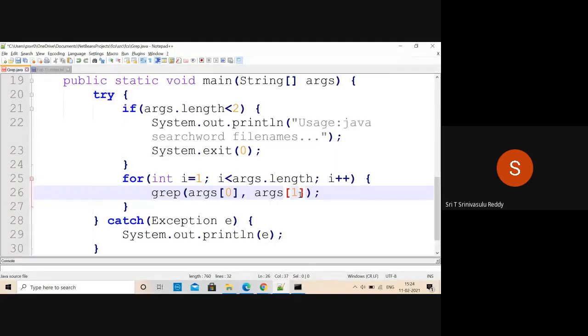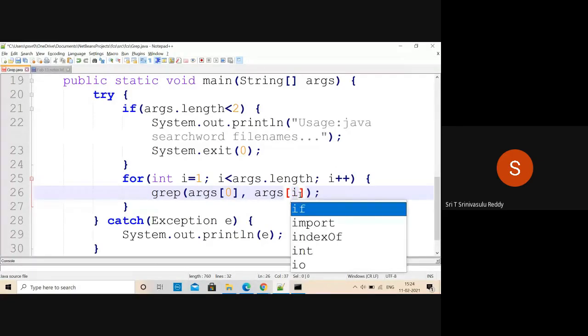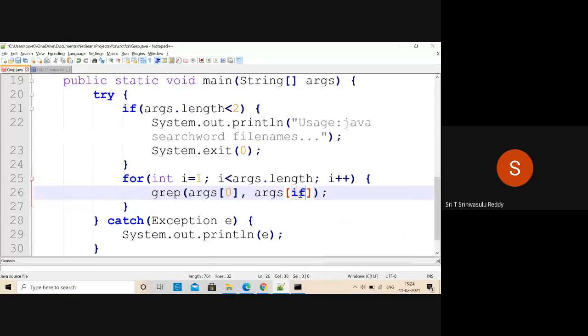Whereas the actual file, every time that you invoke, the file name should change to args sub i. So that you are calling args sub i on all the arguments. So even if it is only one file name you specify, it's going to happen one time.